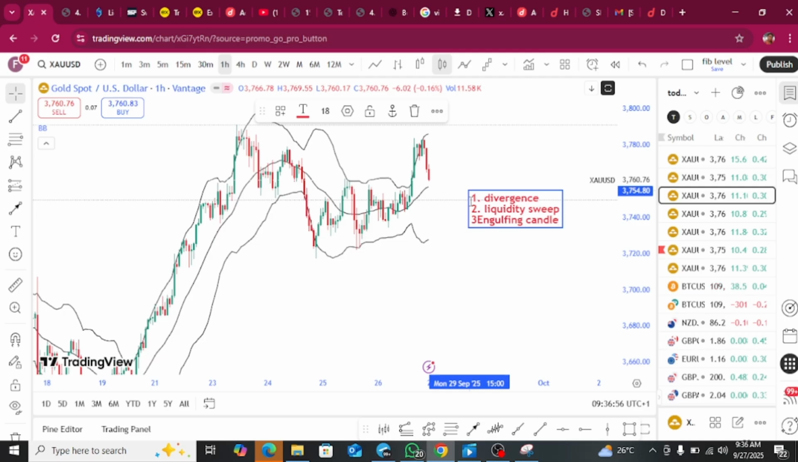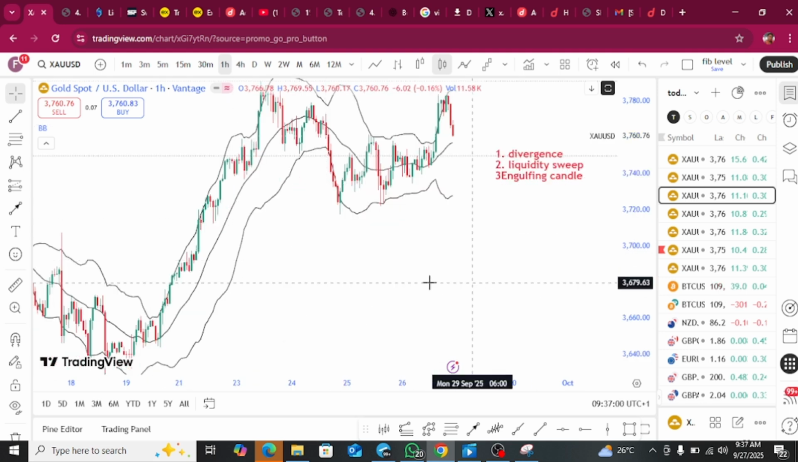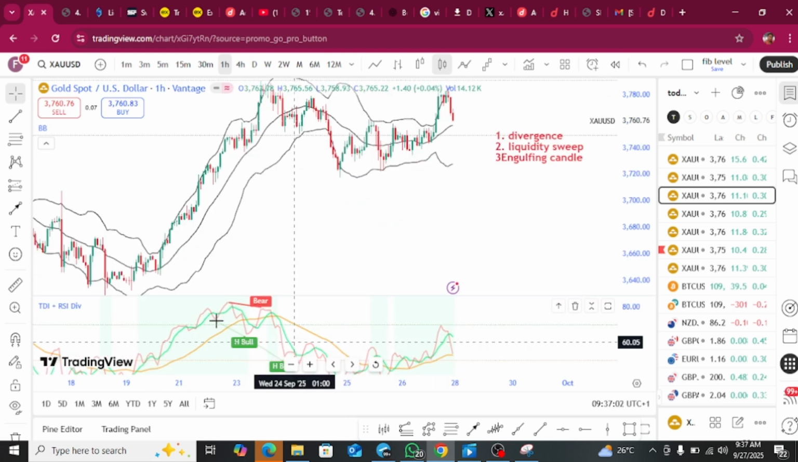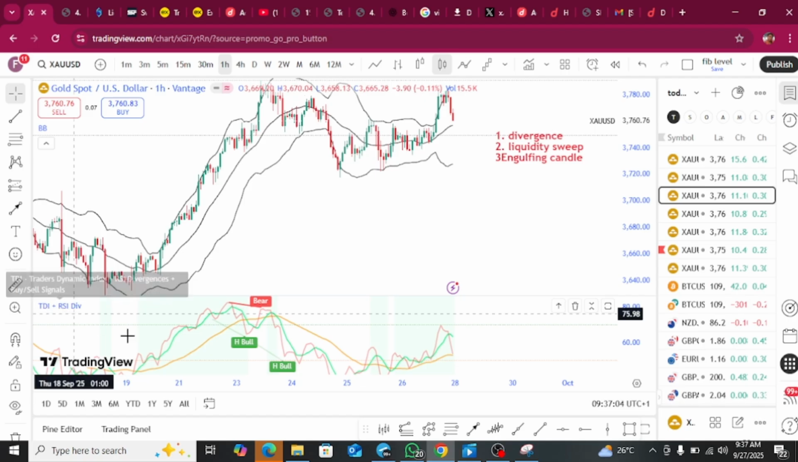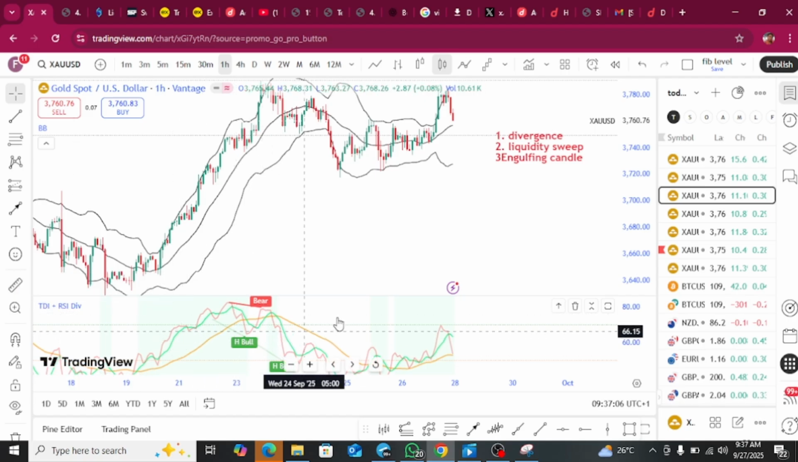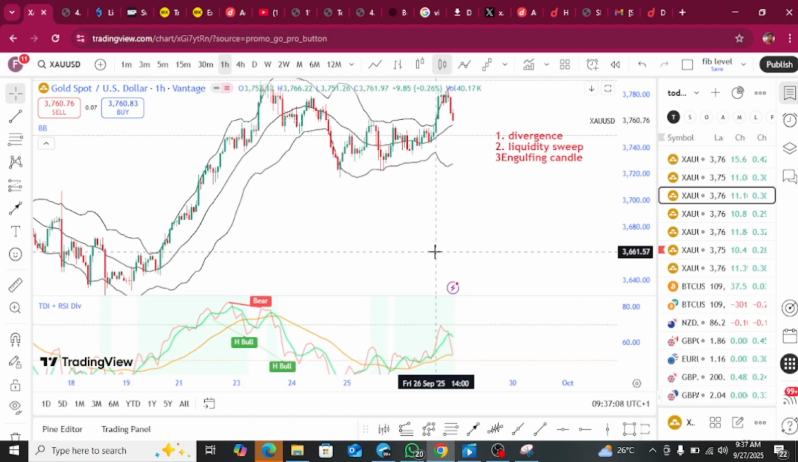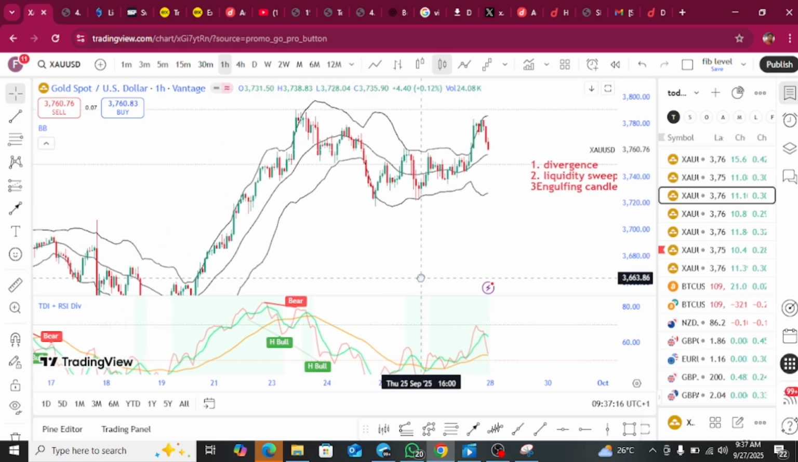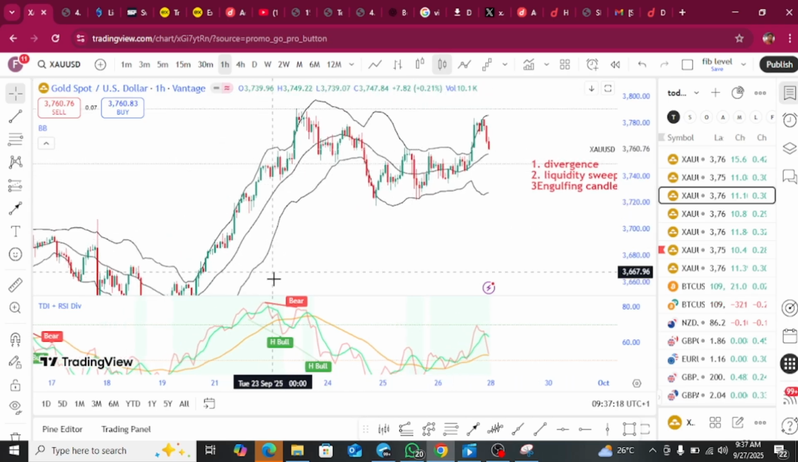First of all, what is a divergence? That's the reason why I brought in this TDI RSI divergence indicator, because it shows me all the divergence. What is a divergence? When price makes a higher high and RSI makes a lower high. That's bearish divergence. When price makes a higher high, you can see from there,